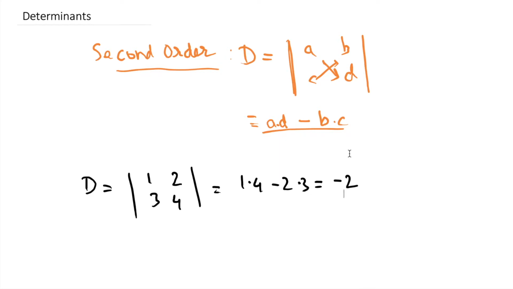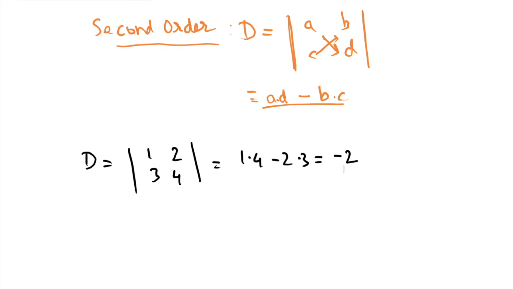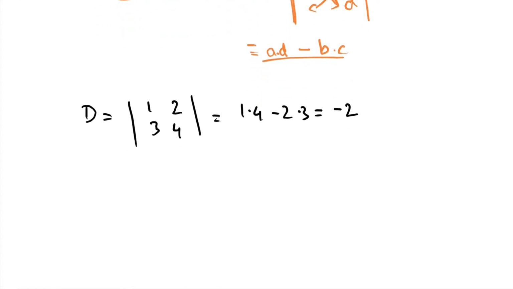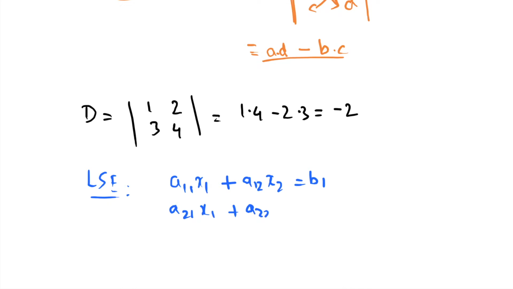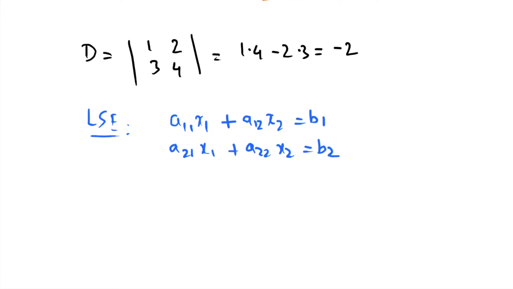And now let's look at how we can use determinants to calculate the solution for a linear system of equations. So consider this linear system: a11 x1 plus a12 x2 is equal to b1, and a21 x1 plus a22 x2 is equal to b2. The solution can be determined like so: x1 is equal to d1 by d, and x2 is equal to d2 by d, where